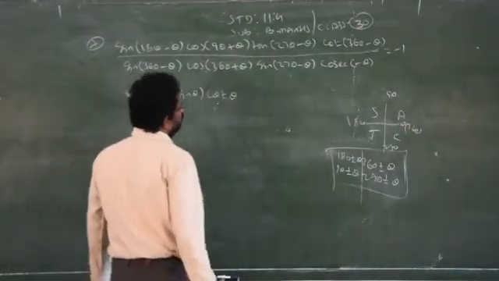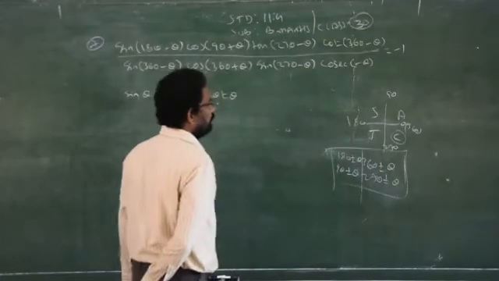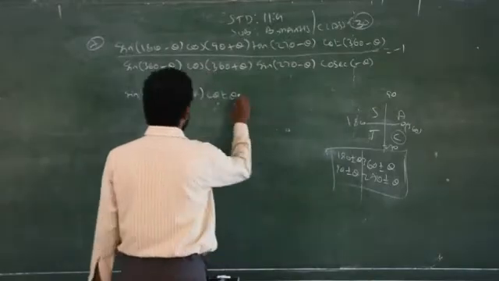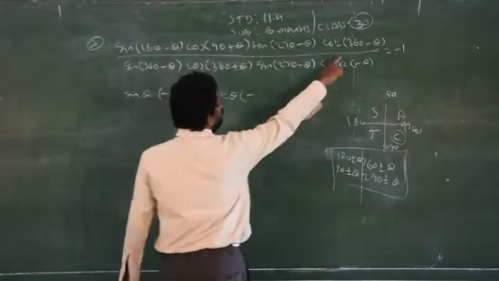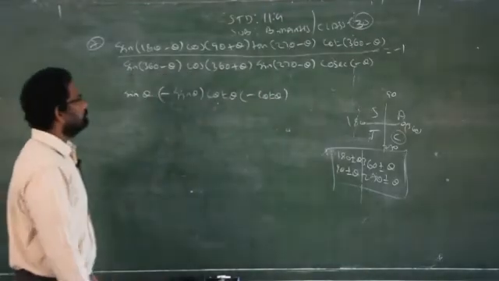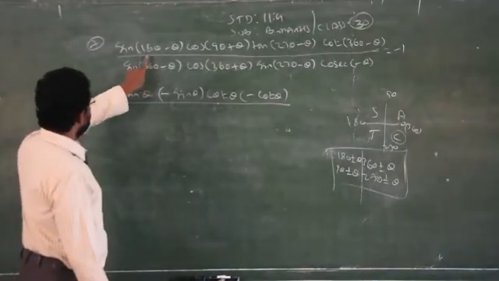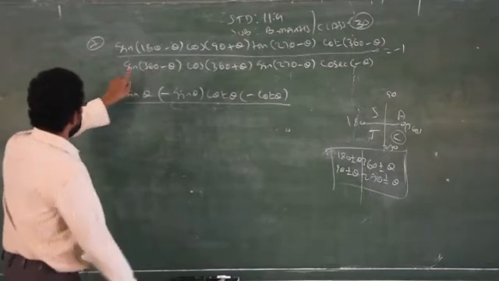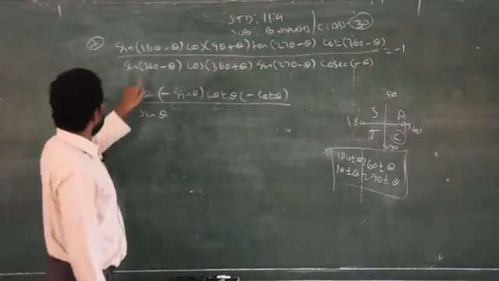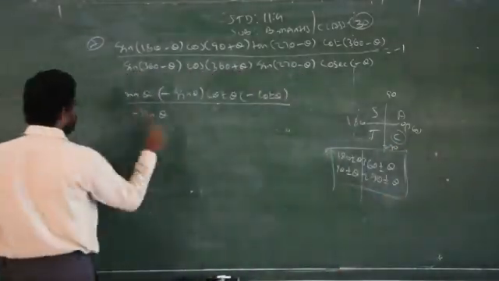Now next, cot theta, 360 minus theta. Where will 360 minus theta come? Fourth quadrant. In the fourth quadrant, cos alone is positive, but what is given here? Cot. Therefore, you have to write minus. No changes in the ratio because it is 360. When you go for 360 or 180, no change in the ratio; you have to write sin theta as it is. But there will be a change in the sign. 360 minus theta, which quadrant? Fourth quadrant. Therefore, you have to write minus.